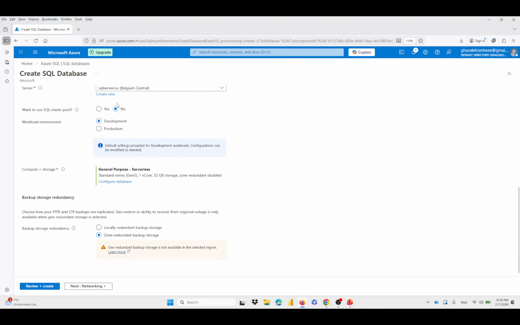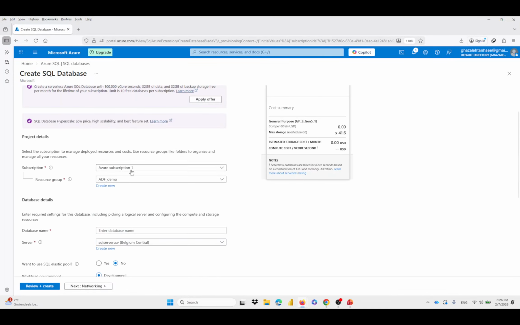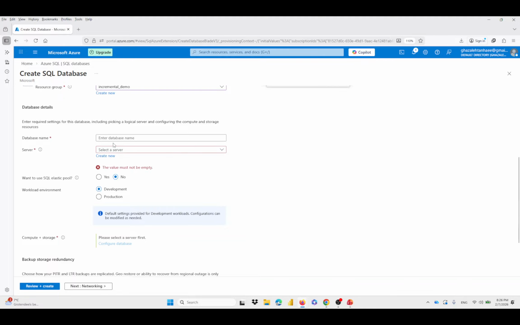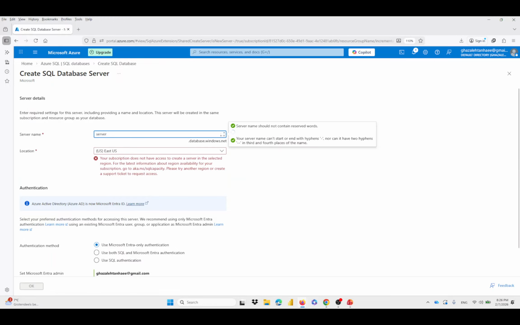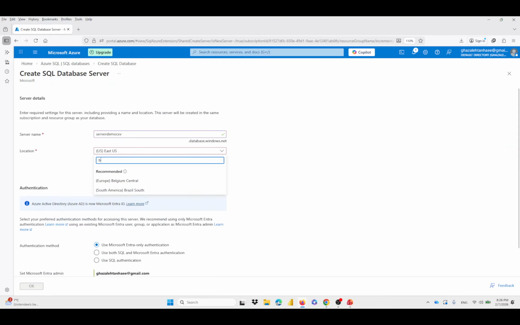The resource group is incremental demo that we created, name data, database SQL. That's okay. Server, create a server or server demo CSV, and it is correct. Belgium,